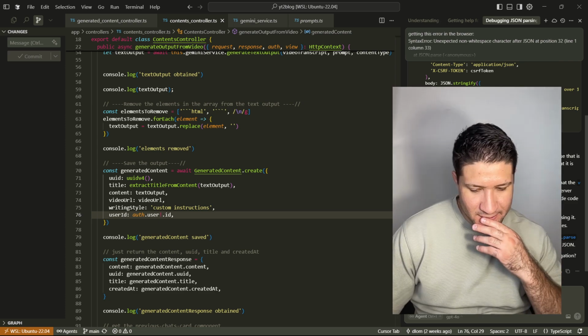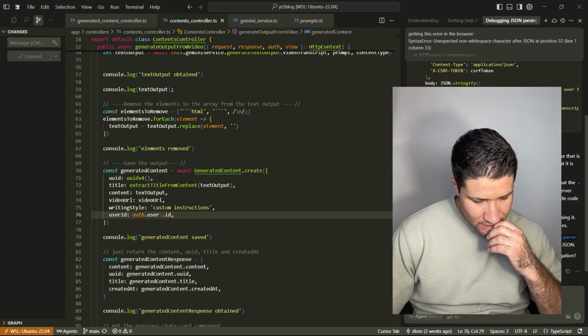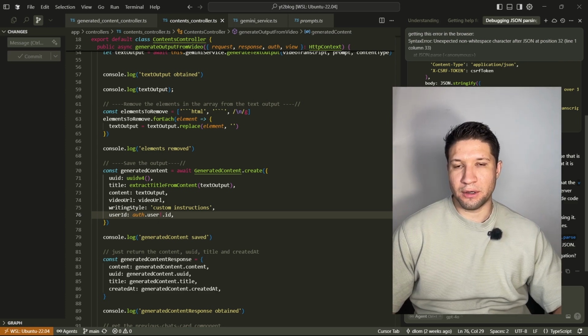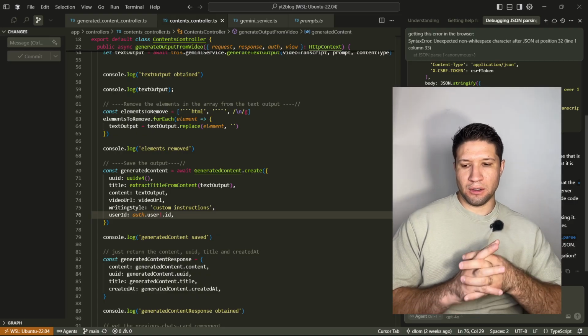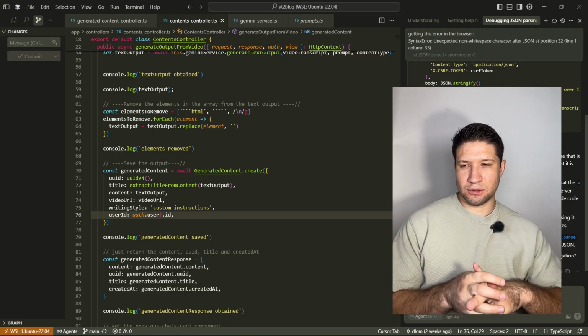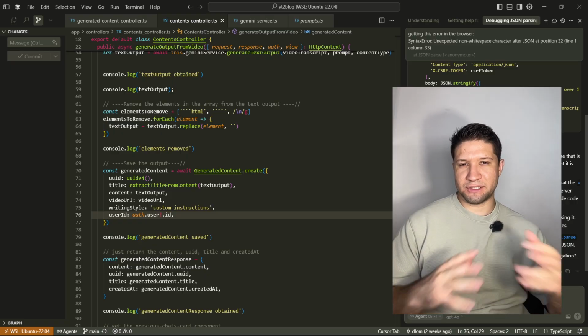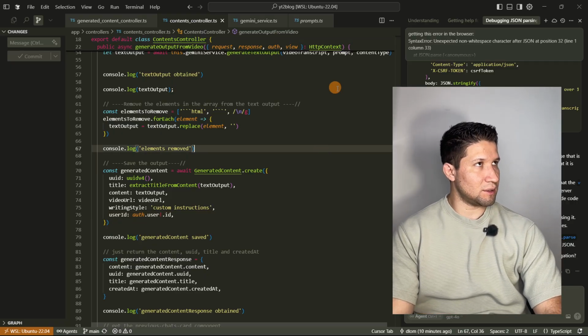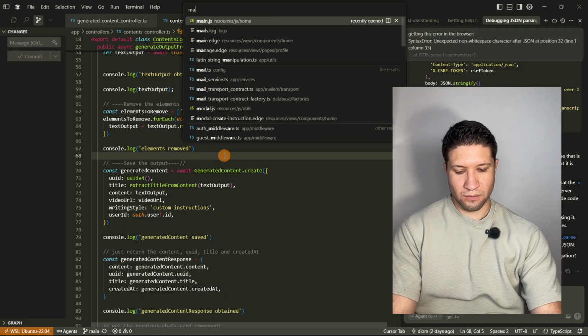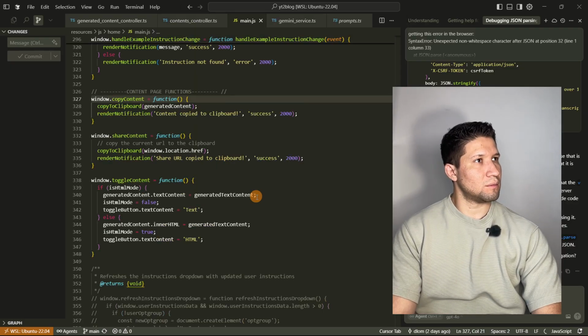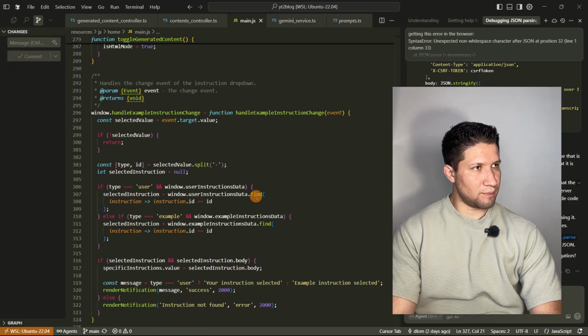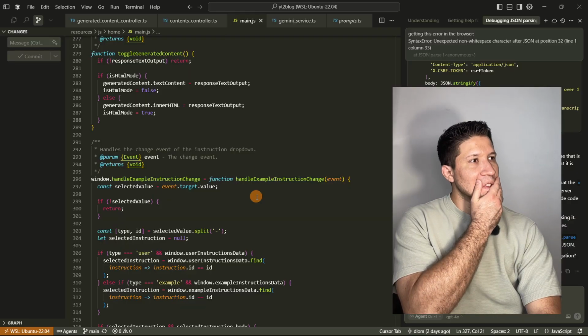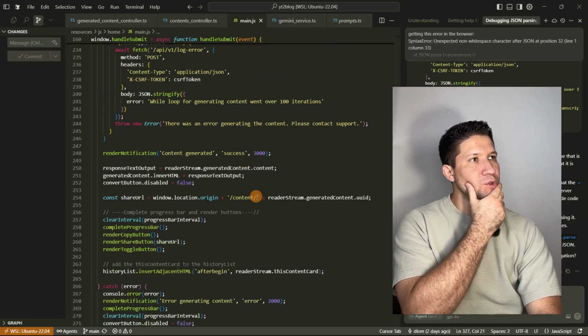So let's see. Let's add some console logs to our JavaScript file to see where the error can be, where we have the error. Okay, so we're going to go to the